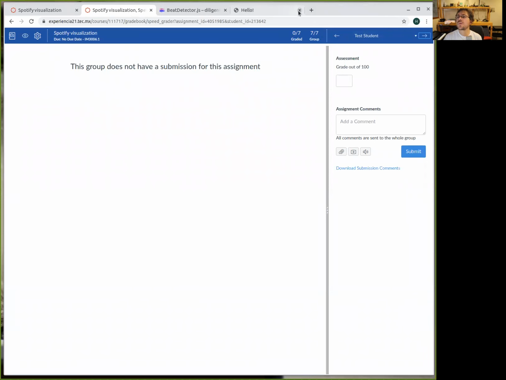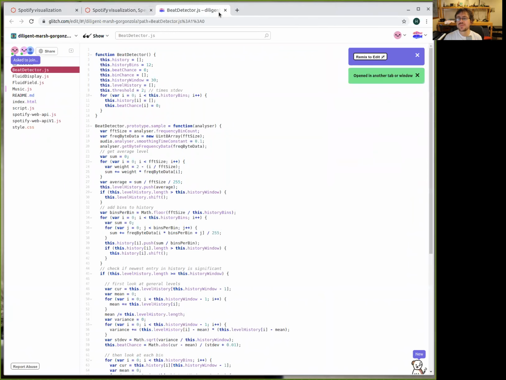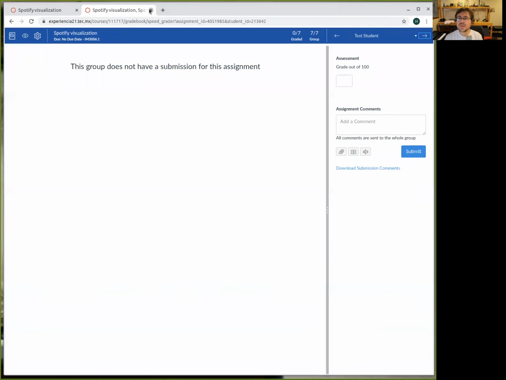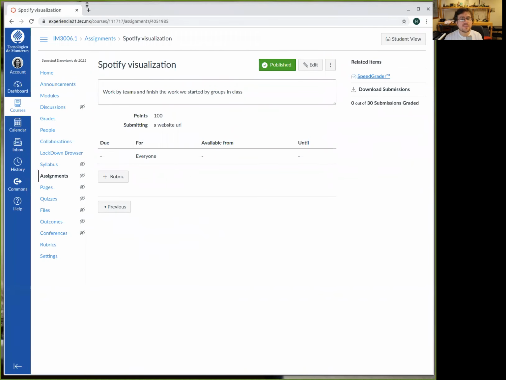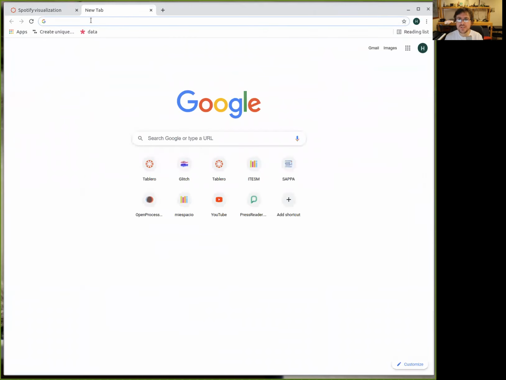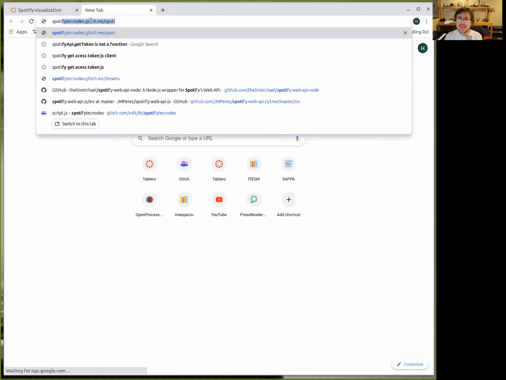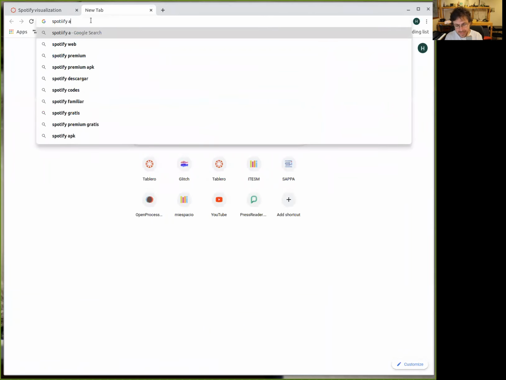Okay, so going back to what happened, do you remember that last class I had a couple of mistakes in terms of the new library? Okay, the point is this one. When we decided to search on Google, do you remember we googled Spotify API, right?